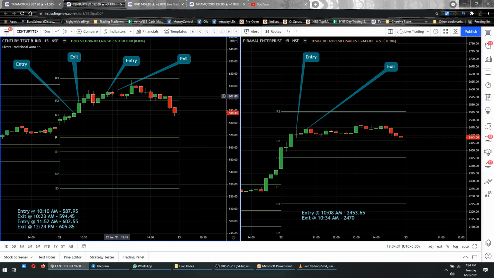12:15 was the candle where I made the exit. Okay, again, as I said, the reason why I did not stay back in this trade was because my whole purpose was to cover the losses that I made in PVR. My purpose was not to wait for this particular script to move up. Okay, but as you can see here,